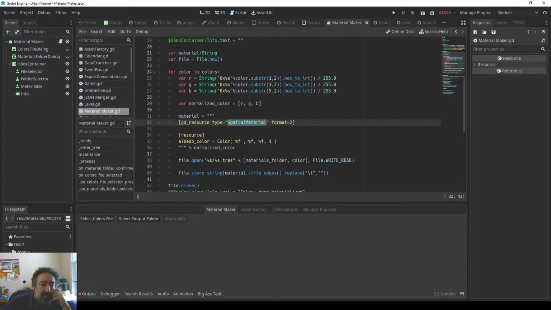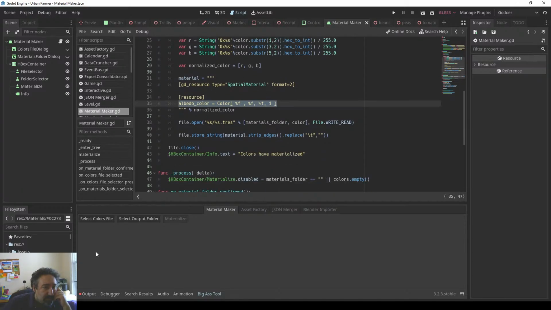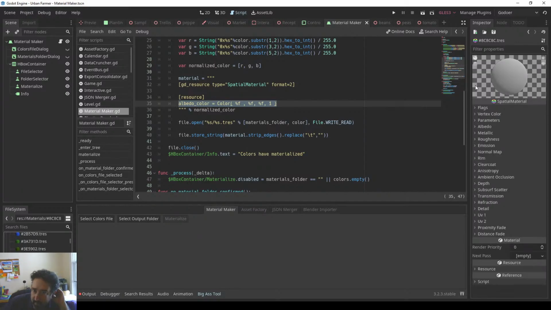So it's a special material, and we are only interested in changing albedo. Given a list of hexadecimal values, we are creating all these materials. This interface here may change in the future to create variations of colors. By that I mean this. So this is the albedo color,